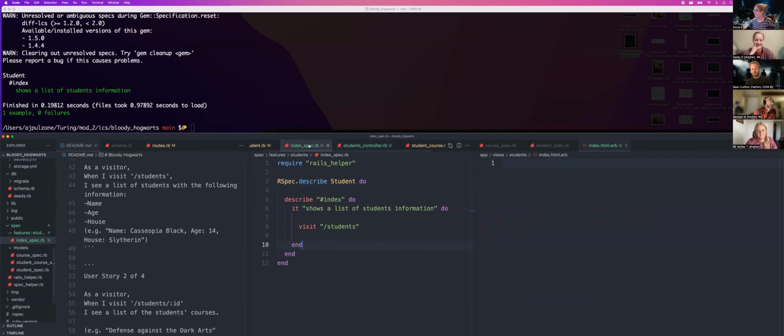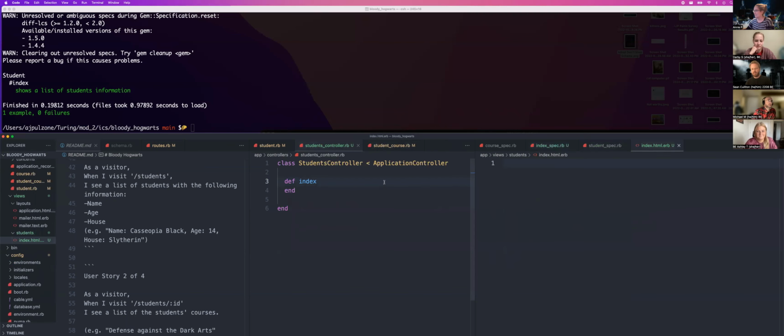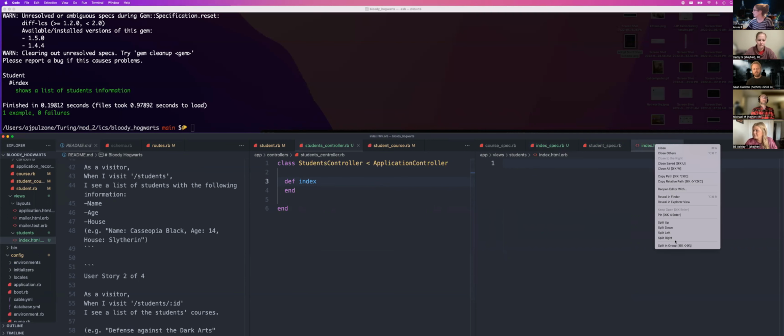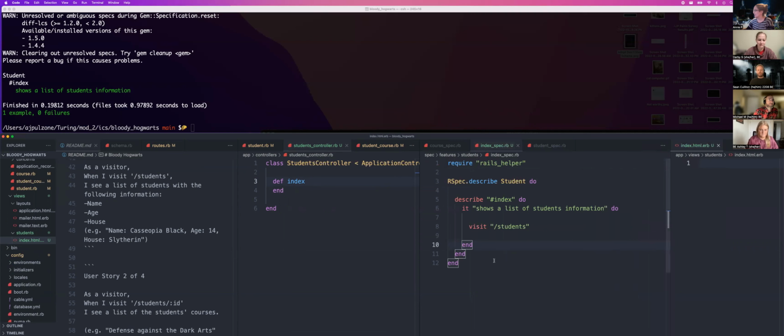So we will say we need to write more, or at least an assertion for the test. So in the index spec, where did it go? Where's the rest of the stuff? I'm sorry, one sec, there are so many files, I haven't figured out a happy system for myself yet, so I apologize if this is all over the place. It's all right. So when we visit the students page, we can just say, let's say have